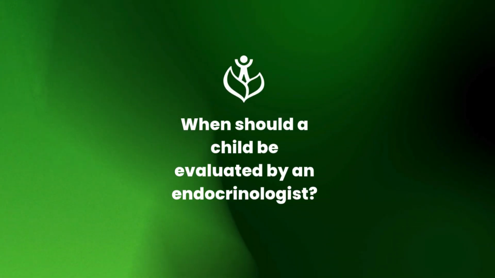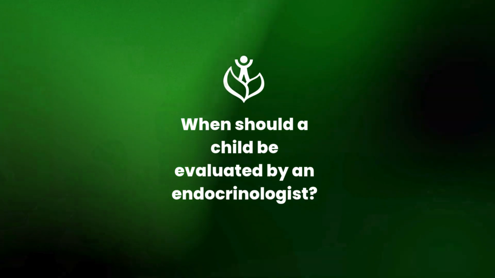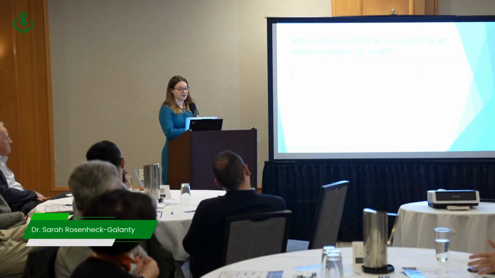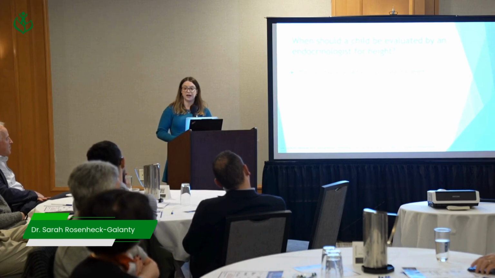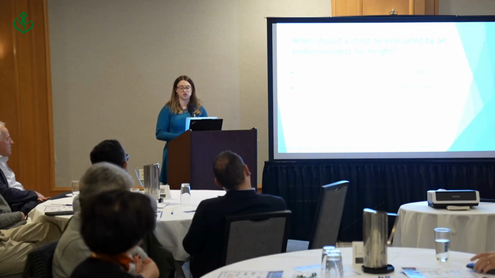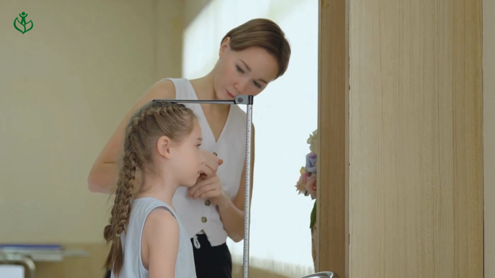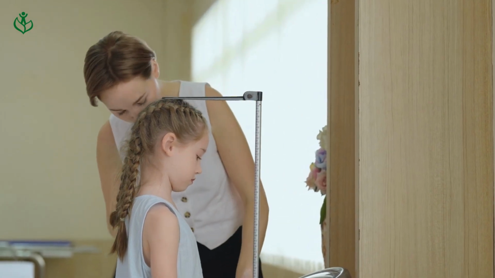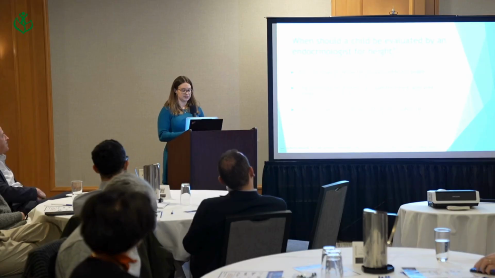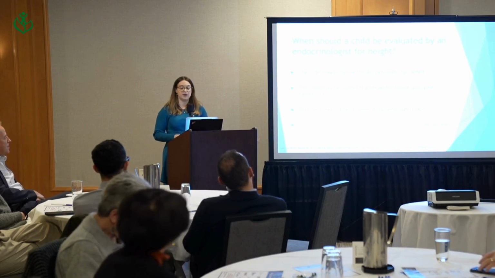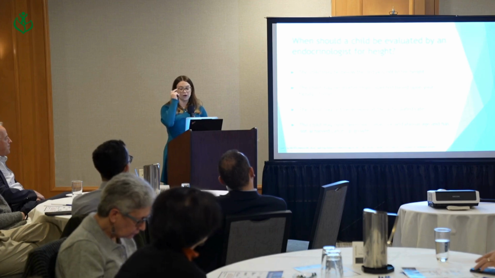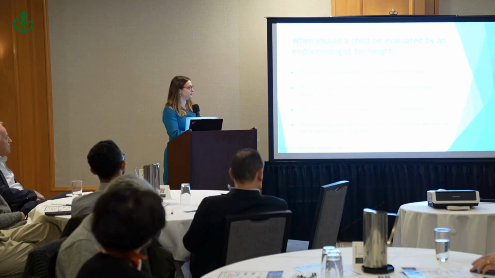All right, so when should a child be evaluated by an endocrinologist for height? No, it's not just if they want to play basketball. The child may be below the 3rd percentile for height. They may be shorter than expected for their family's trend. They may not be growing at the anticipated rate in that they have been falling percentiles, which we'll go over in a little bit. And also the child may have been born small for gestational age and has not reached catch-up growth by the age of 2 to 3.